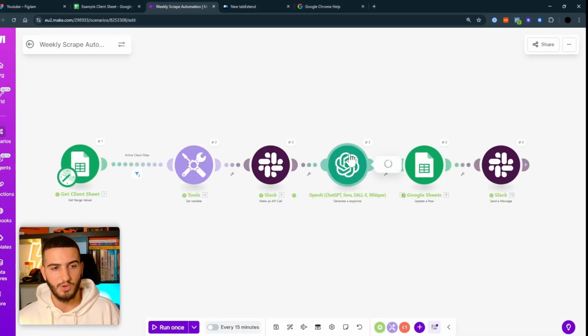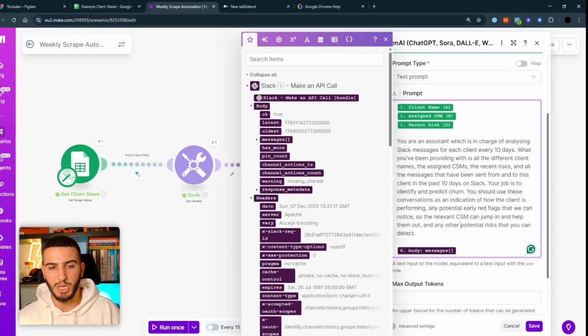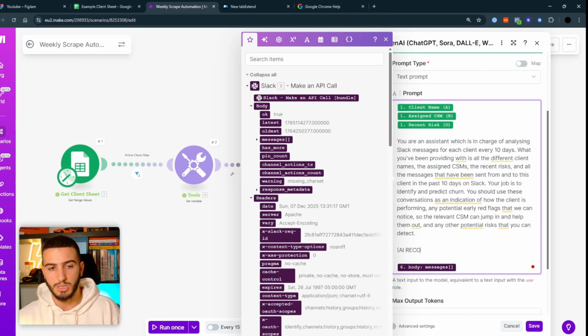So get the communication from clients that have previously churned, dump it all into ChatGPT, and ask it to identify any early warning signs that the client was not happy with the results or the service. That output is what we're going to feed into the prompt. I'll show you how to do that very simply within Make. If you go to the ChatGPT module, you can change the prompt by adding different things here. For example, you'd add the AI recommendations